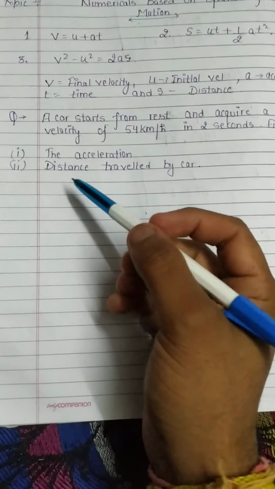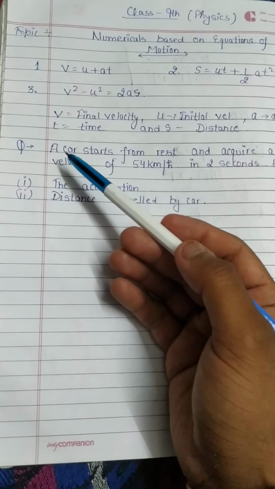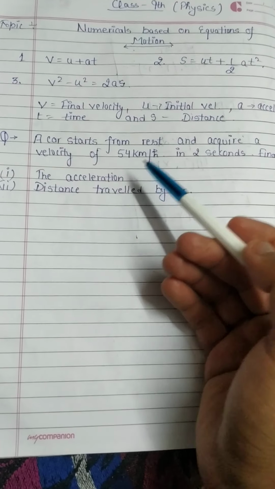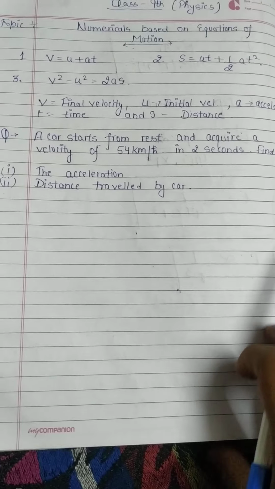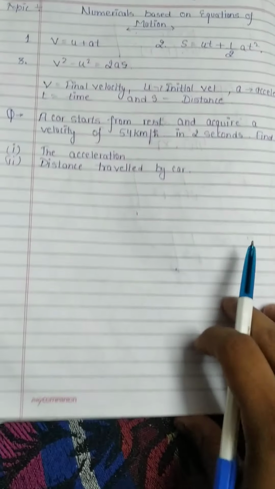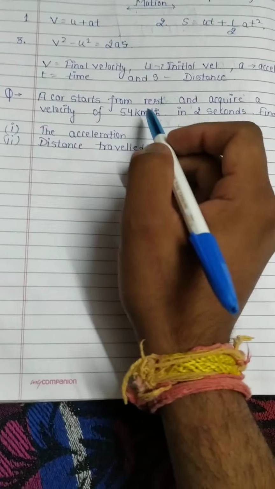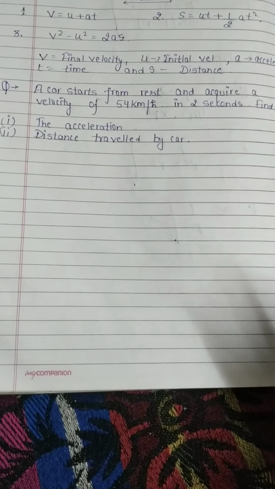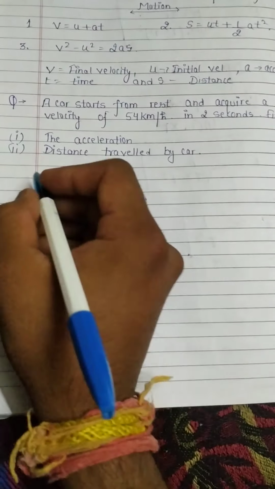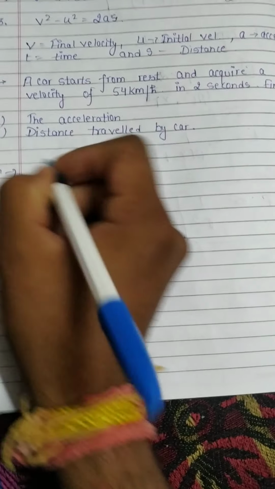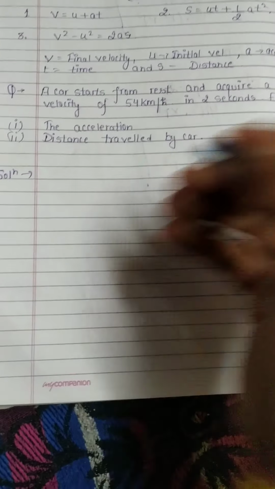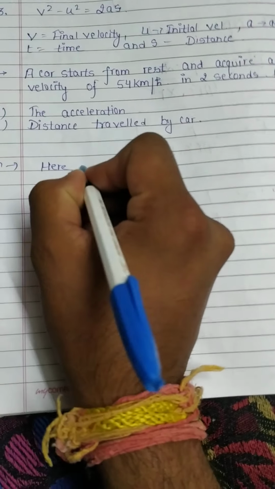So for example, let us take one example. Here it is written, a car starts from rest and acquires a velocity of 54 km per hour. So from this statement we got to know that a car starts from rest, means initially the car is at rest and then it starts. So if initially the car is at rest, the first thing we will write is that the initial velocity, that is u, is 0, because in the starting the car was in rest position. So here given